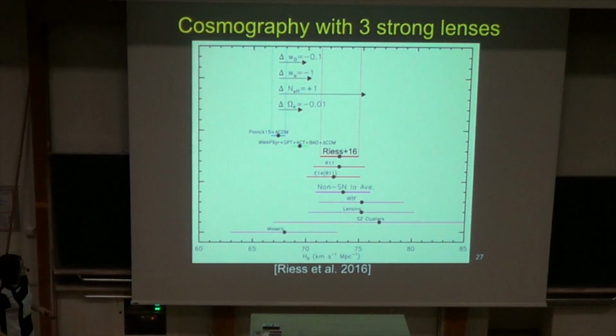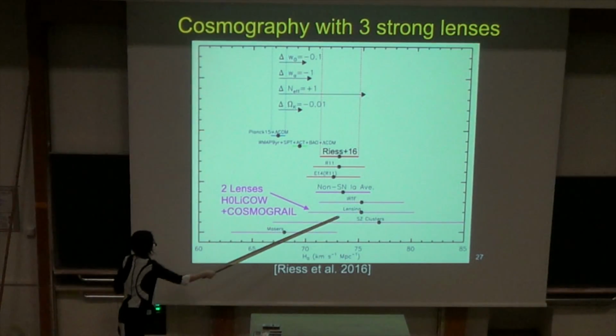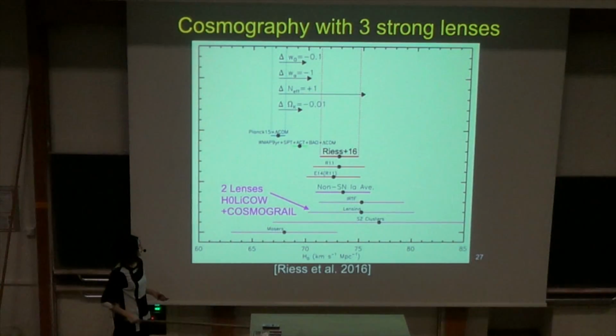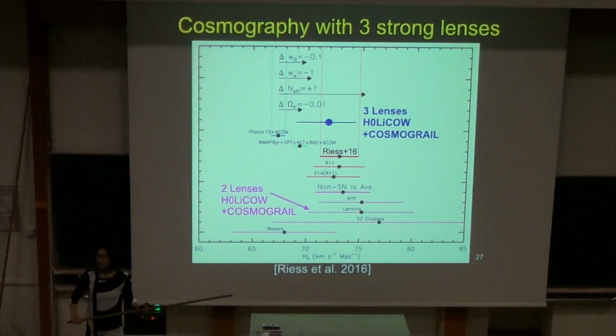So shown here is the plot that I showed at the beginning of the talk. So this lensing point was actually from 2 lenses, from Holy Cow and Cosmic Grill. And now we are here with 3 lenses, and with uncertainty